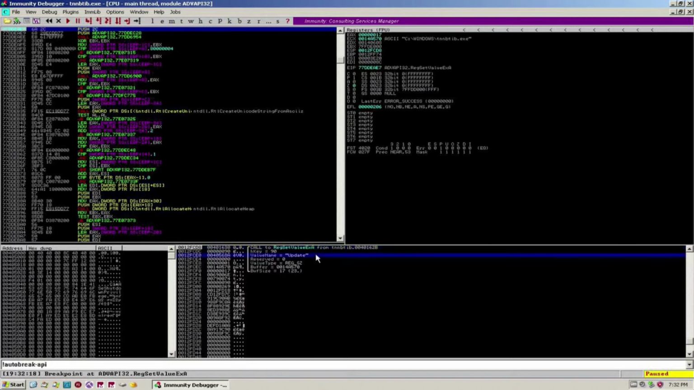So what is it doing? Well, it's setting a key named update, right? So what's going to be in there? Well, you have to look up here. Currently in the ECX register, we have the executable's location, at least the new location where it just copied itself to. So it's creating persistence. It's going to run on startup every time,